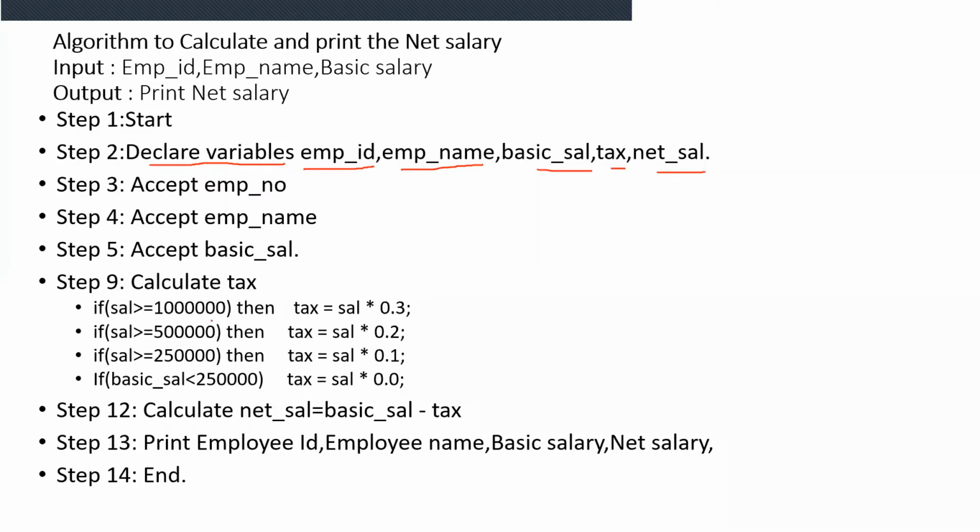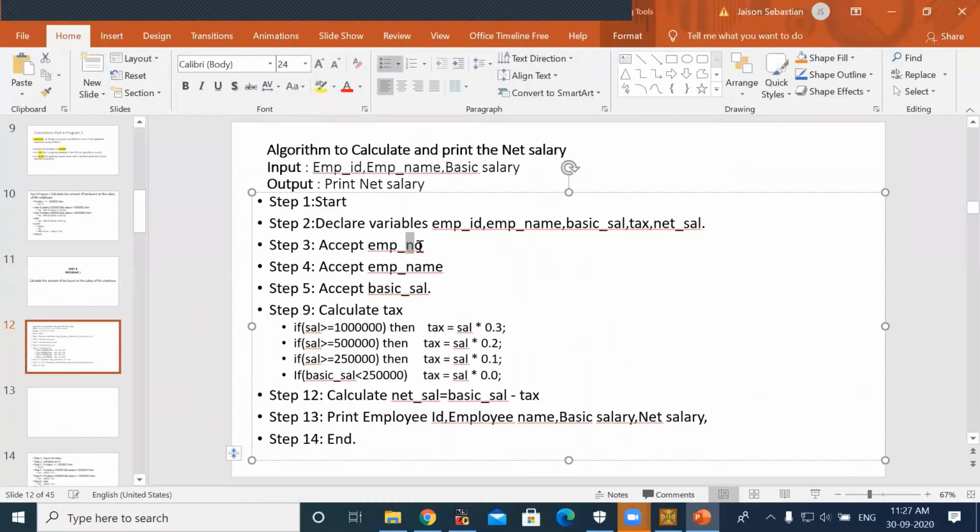How are we going to calculate the tax? One second. I'll use the same ID over here. Okay. And here I have given basic sal, that only I will give here, otherwise you will get confused.